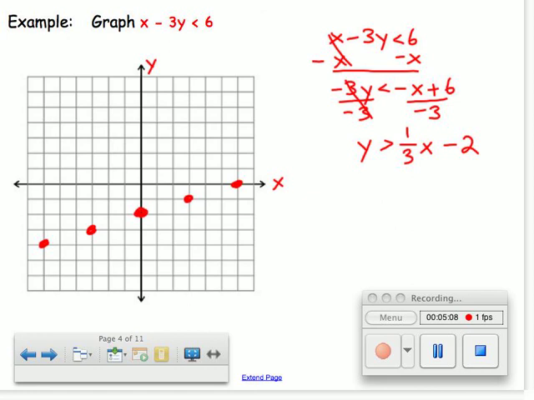Now this is what makes an inequality different. When you're graphing a line, you would normally just connect the points, draw arrows, and you'd be done. But with an inequality, you are expressing all of the ordered pairs that will make that statement true. So you look at the inequality symbol first. Since it's greater than, that means that the points that are actually on that line are not included in the solution set. So I use a dotted line to connect the points,